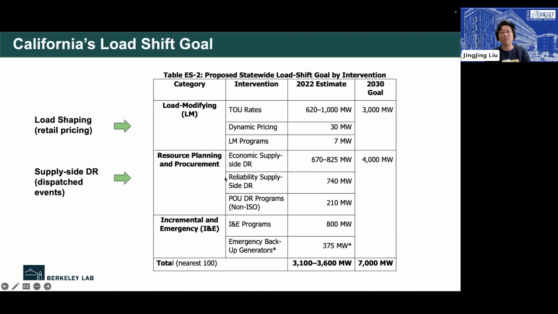emergency situations. And then the second category is to get load flexibility through time varying electricity rates to the customers, to give them a signal to change their load consuming behavior. That includes time of use rates and more dynamic pricing signals such as hourly pricing. So talking about that,